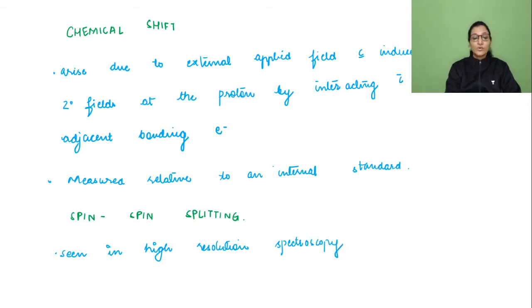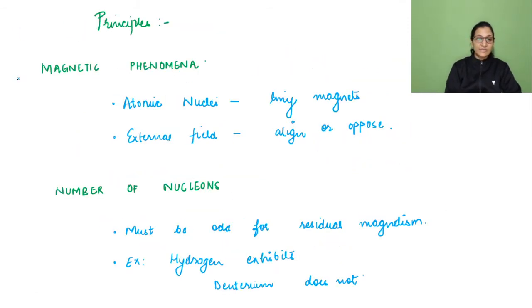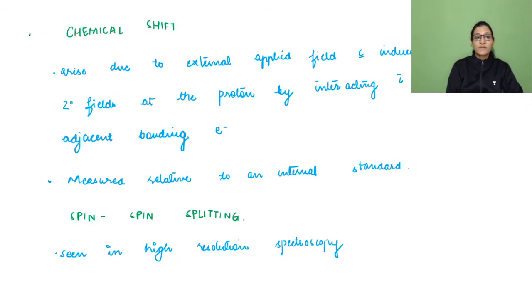So we have seen many things regarding the principle, let's just revise: magnetic phenomena, number of nucleons, resonance condition, chemical shift, and then spin-spin splitting. These five things come under the